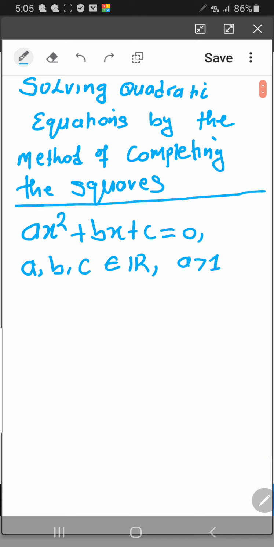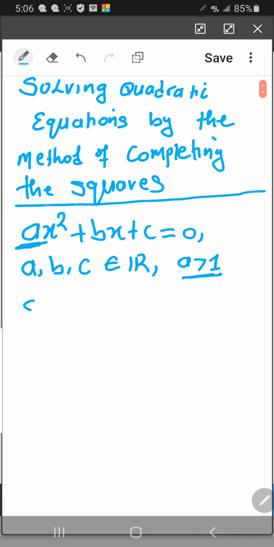Now, last time we solved quadratic equations where the coefficient of x squared was 1. And I did say that you should check out the next video, which is this one that I'm producing now, to show us how to solve quadratic equations by the method of completing the squares when the coefficient of x squared, which is this a, is greater than 1. That means a can be 2, can be 3, can be 5, can be any real number greater than 1. For example, let us say we have a quadratic equation like